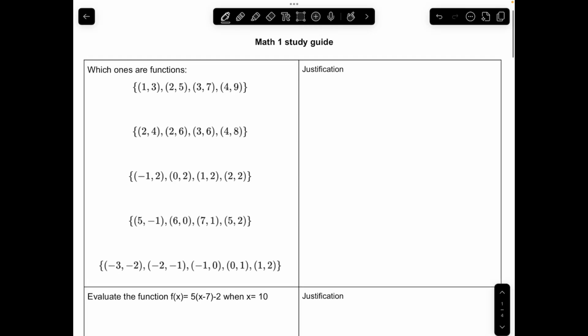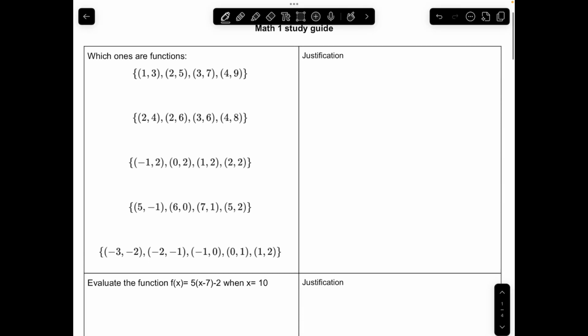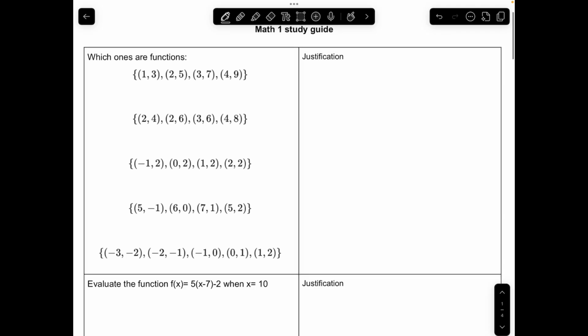Study guide. I know we do have a test this Wednesday, Thursday. I probably will put it in the grade book, but we will see. So just follow along your study guide